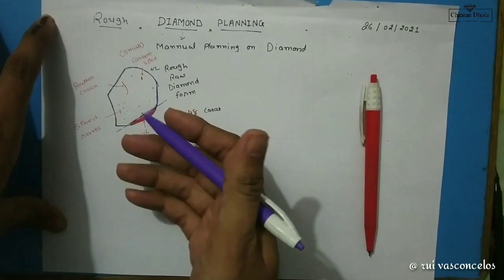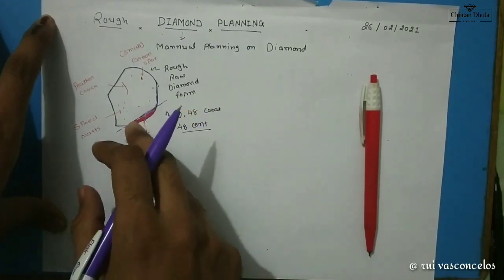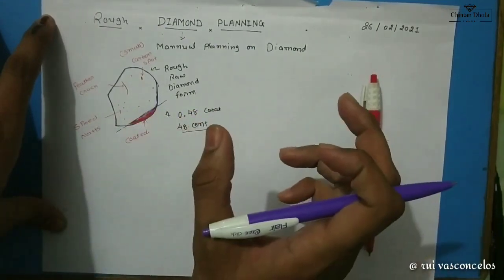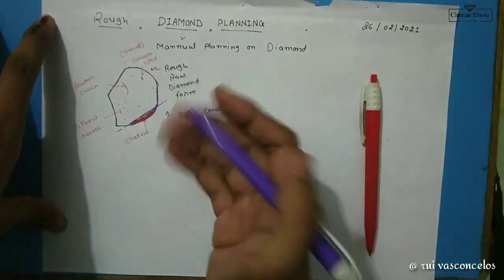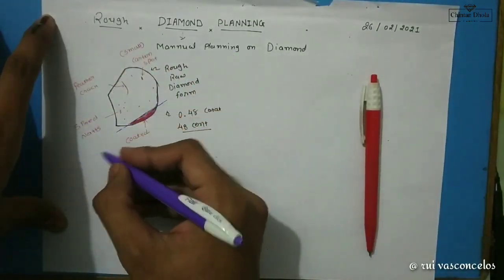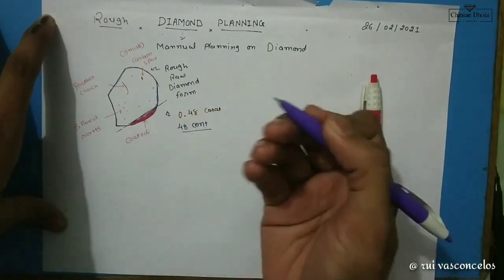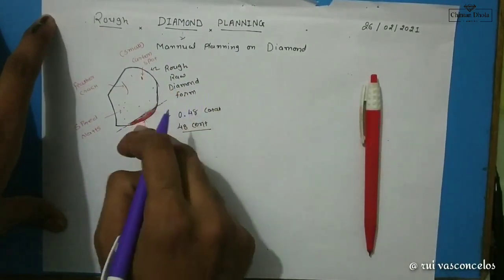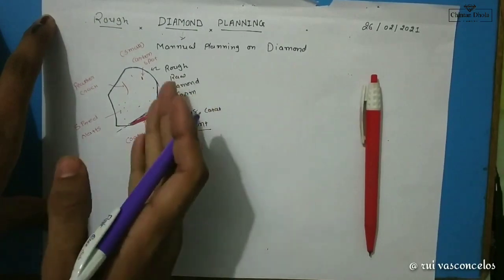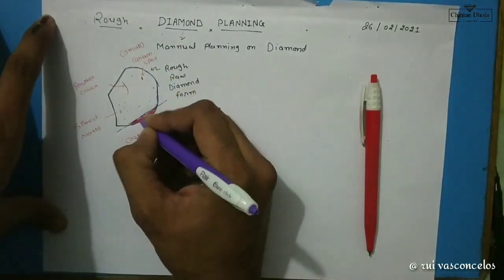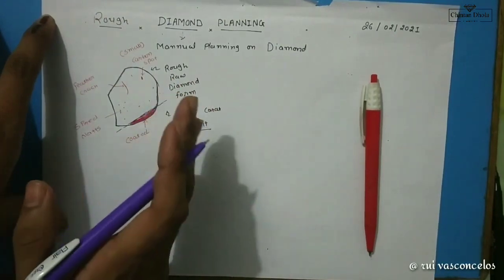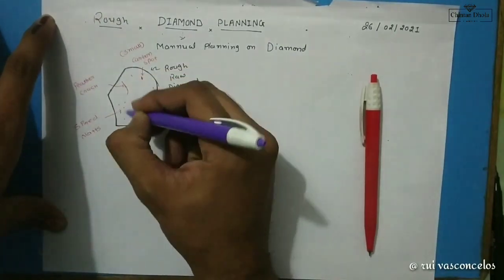I will also provide you one video related to how the machine is going to work on that particular diamond after you do some type of alignment, or you can say manual marking, on any particular rough diamond form. So this coated part is removed and you get a better diamond. That coated part is removed by the laser sawing process. Now look at this diamond.